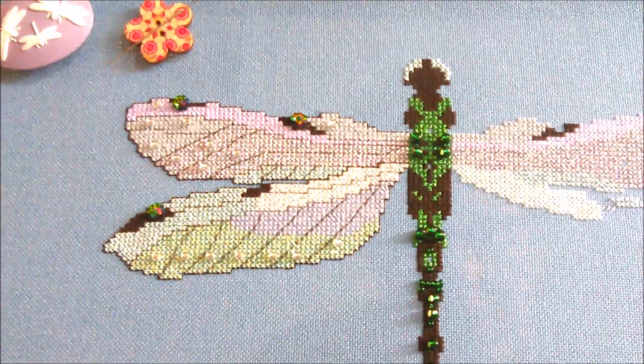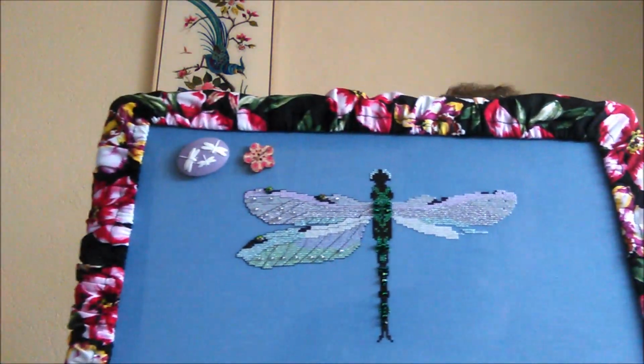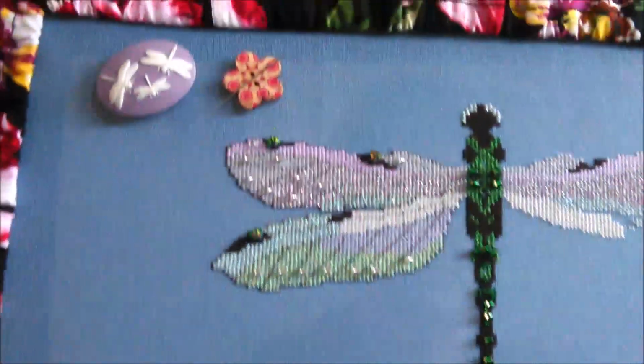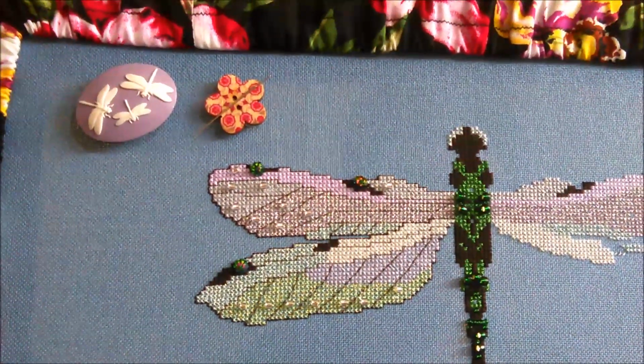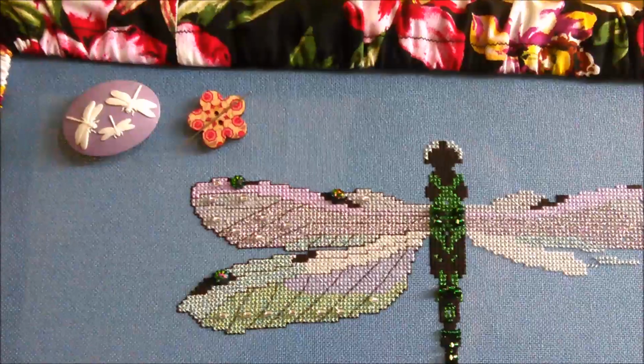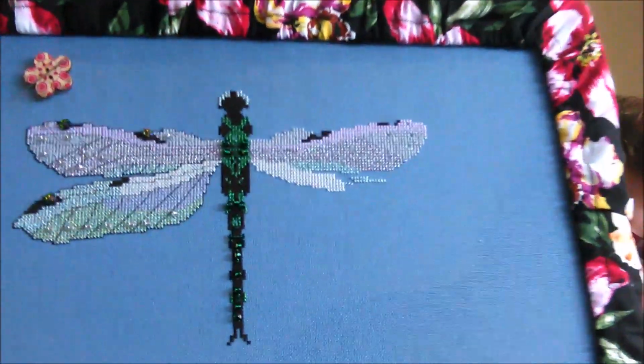It's really nice to see the difference that the backstitching makes on this project. I'm still bored by the big blocks, but I do like it still, so it'll take me a couple of days, I think, to finish this. I finished this whole wing, but I don't know if you noticed this, but